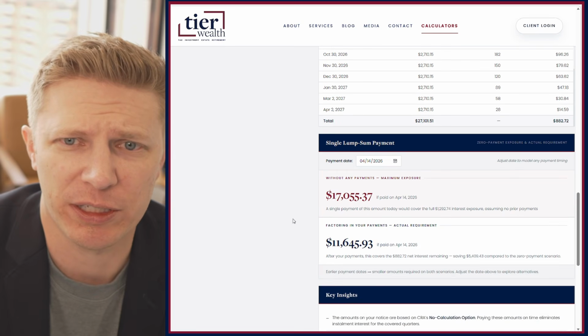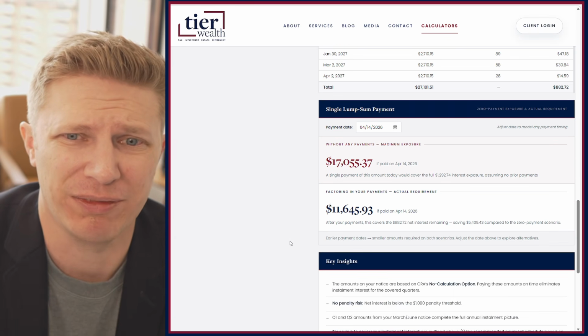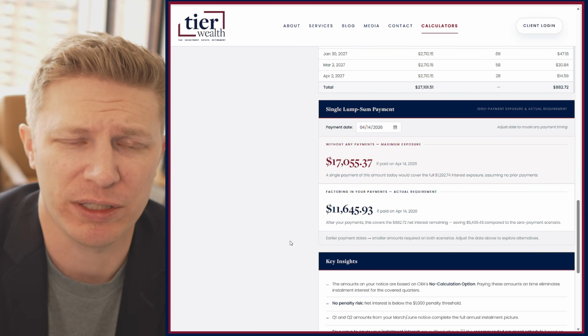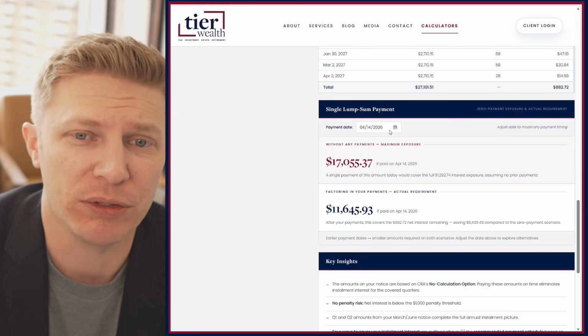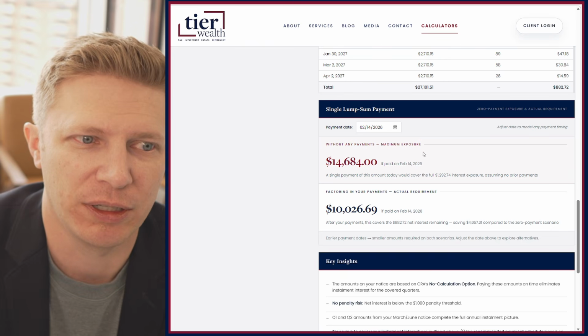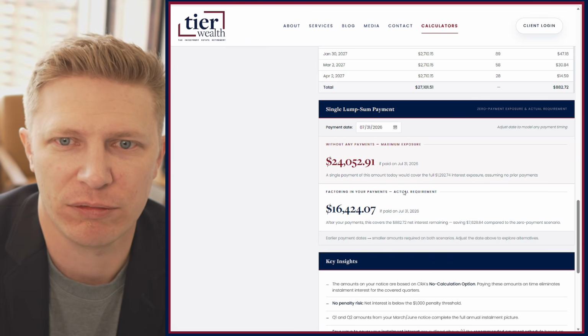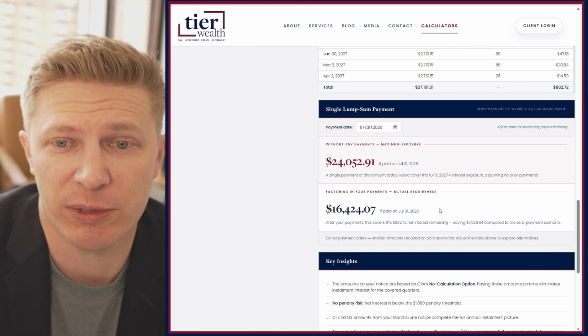Finally, just to keep things simple, we give a lump sum payment option. So if someone just wants to say, I don't want to think about this all the time, I just want to send in one amount and be done with it, you can do that too. So pick your day. The earlier the date, the smaller the amount's going to be, and the later the date, the larger. So if you said July 31st, it shows you how much you need to submit on that specific day to